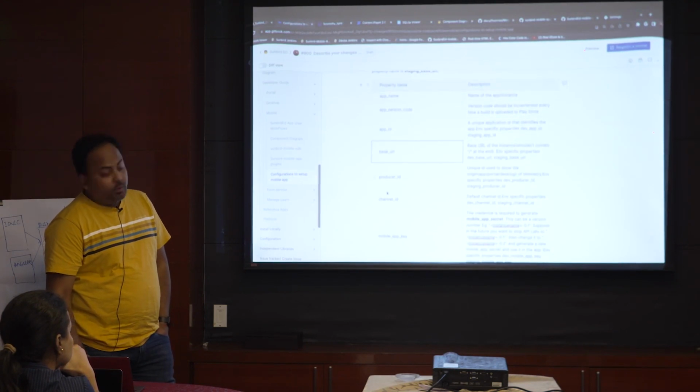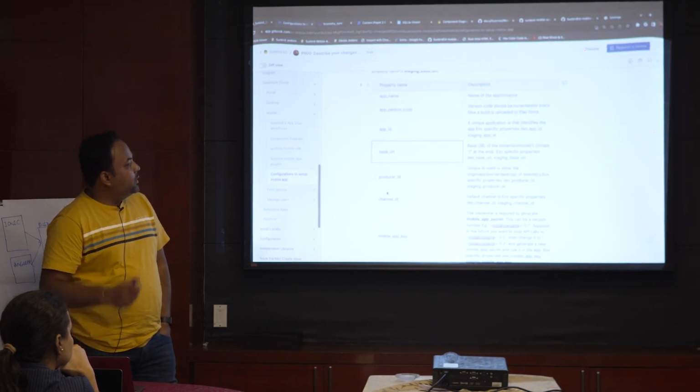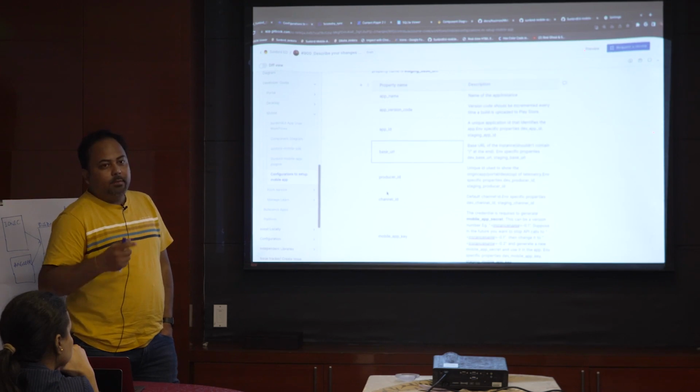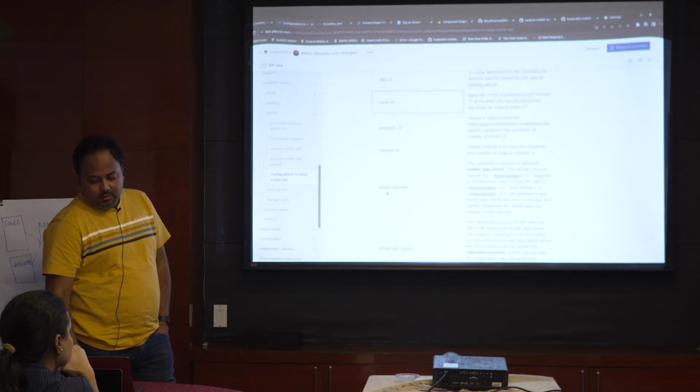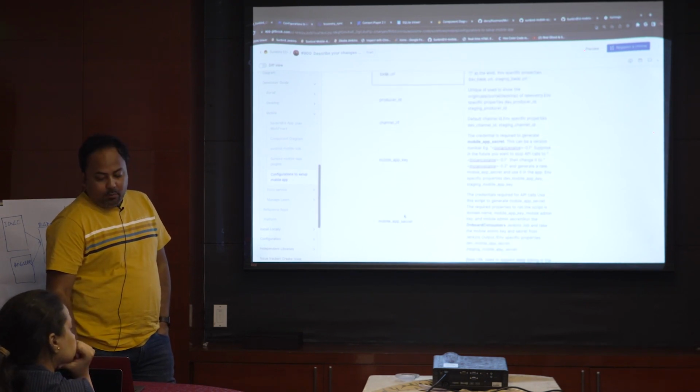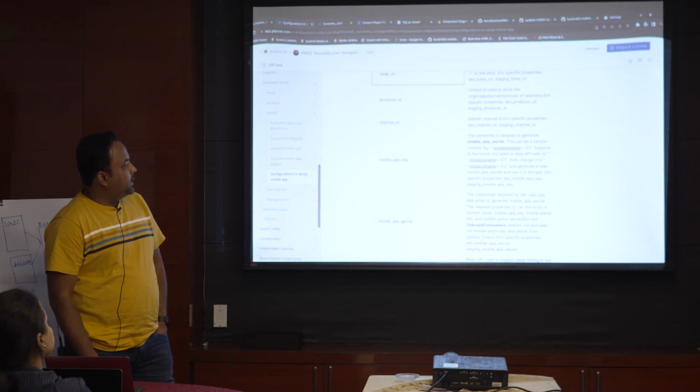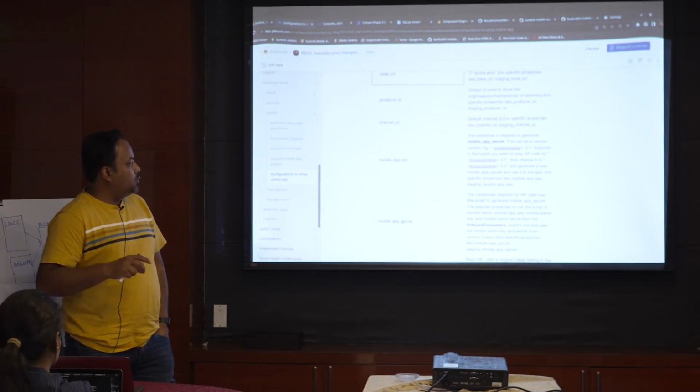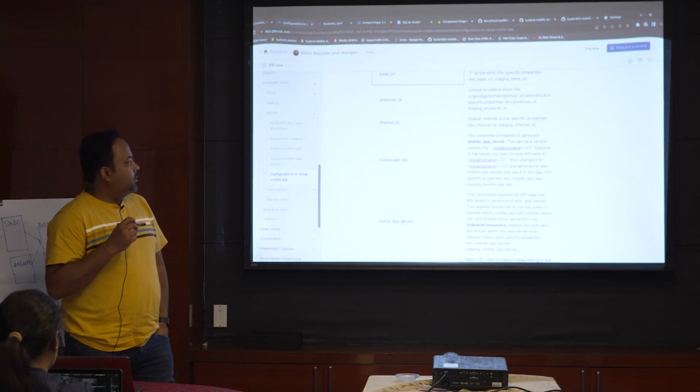Then producer ID. The producer ID is the unique ID that is required for telemetry itself. And the main thing that is required out of all these things is the mobile app key and mobile app secret. Because of these two properties, we cannot push our properties file to GitHub, because these are the two keys using which we will be accessing all the